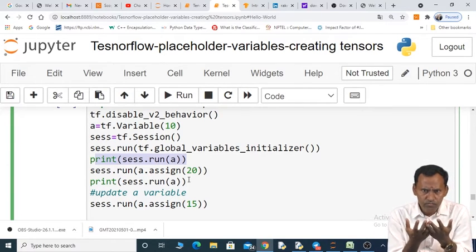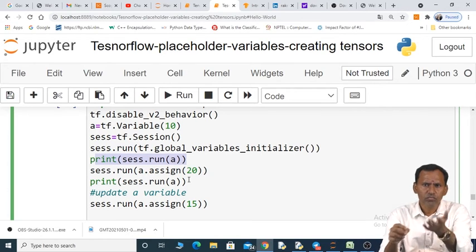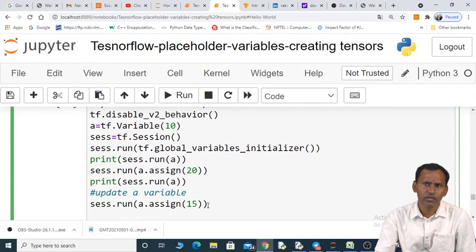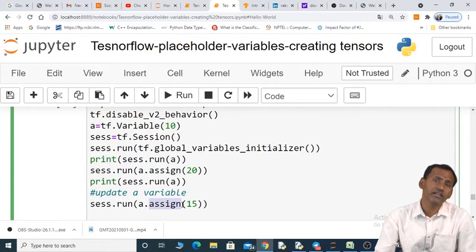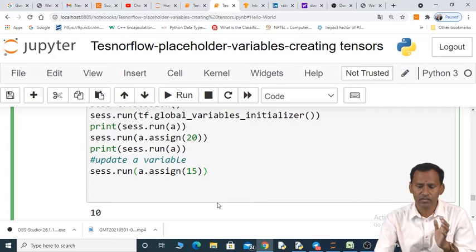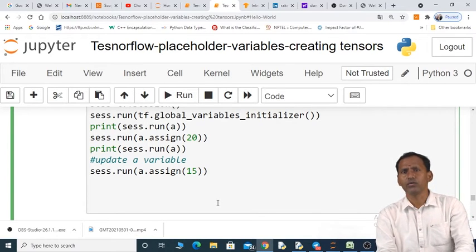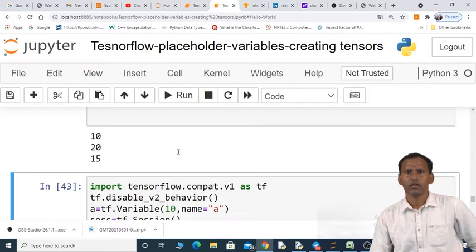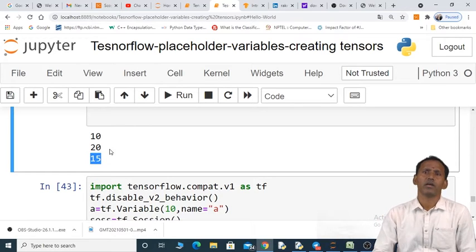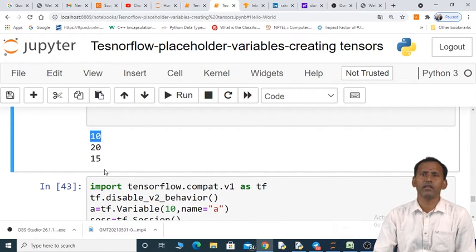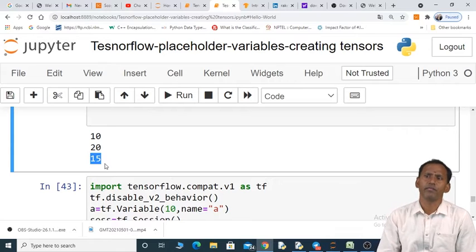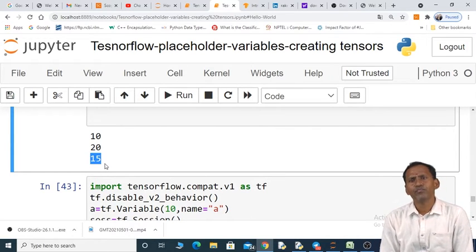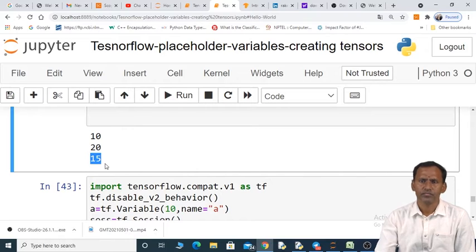Now if you want to see that updated value, simply run sess.run with the variable name a. See, we got that. Previously the value of a is 10, later it is updated to 50. Like that we can update a variable.